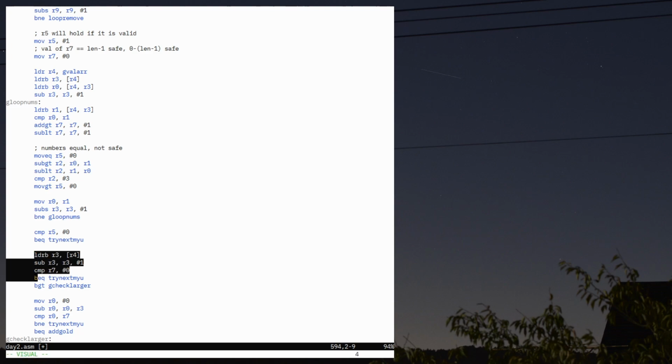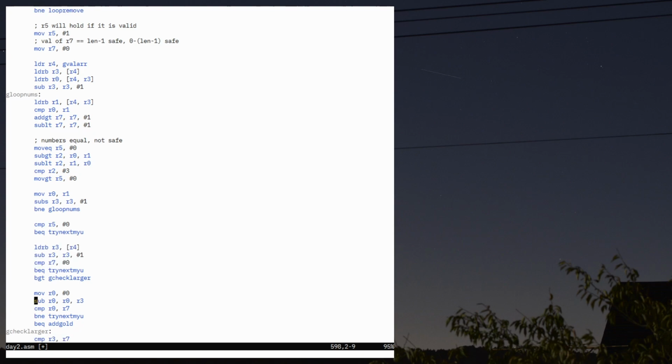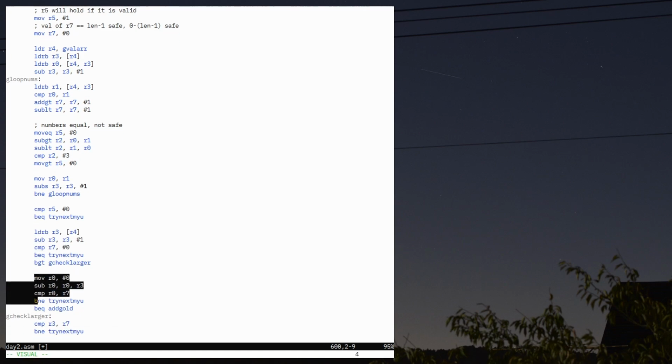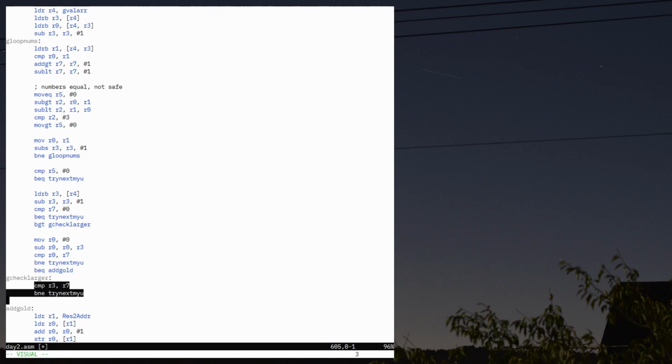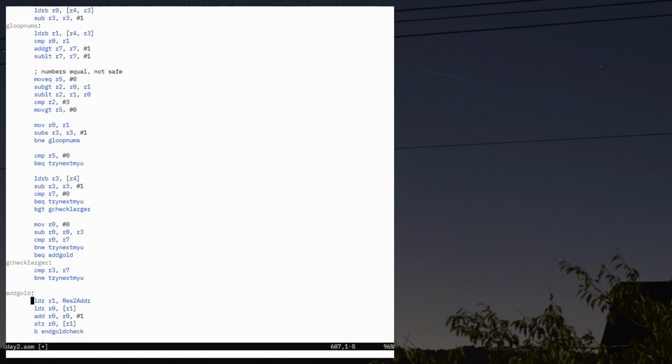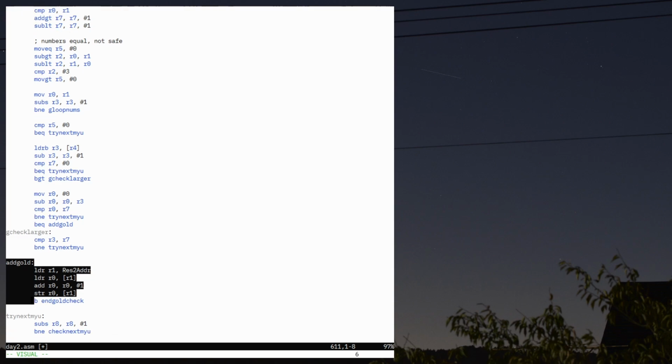We check if R7 is 0. Right, straight up 0, then it's not all increasing and all decreasing. We check if the all decreasing is correct, right? If R7 is equal to negative the length of the array minus 1, and if it is, we go to branch gold, or we check if it's equal to the length of the array minus 1, positive, and if it is, we'll fall into add gold. If we get into add gold, it'll increment result 2 for part 2, and then branch out to end gold